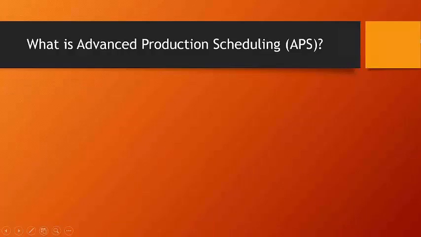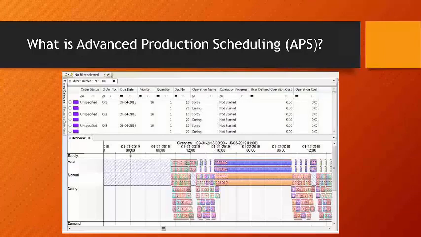I want to define the term in a single image. Okay, this image really summarizes what advanced production scheduling is all about. And there are various products. This screenshot is taken from Preactor, but all of them at their core have the capability to upload a number of orders that need to be processed according to specific operations, specific product routings, and all advanced production